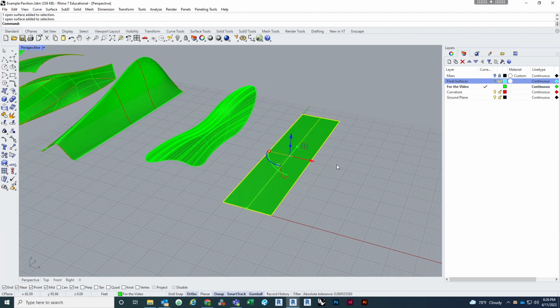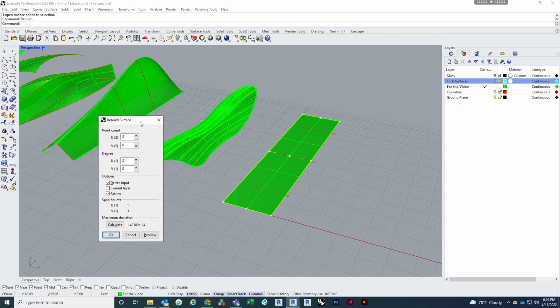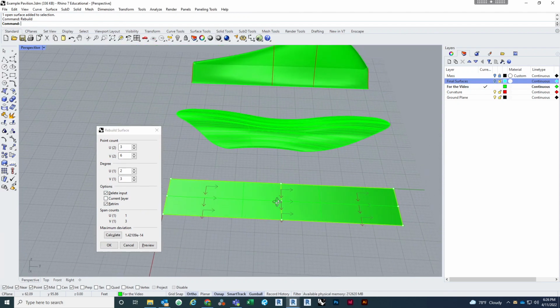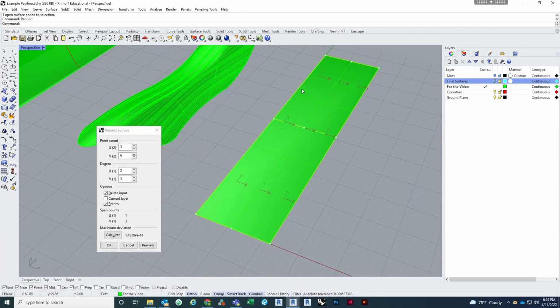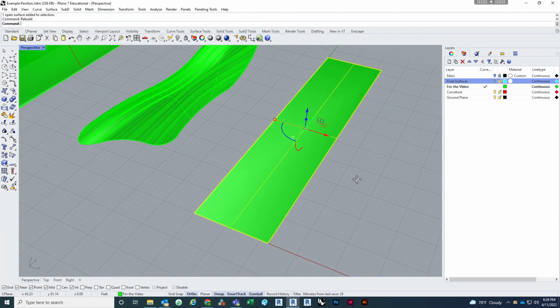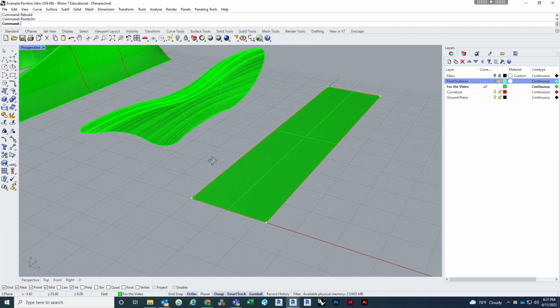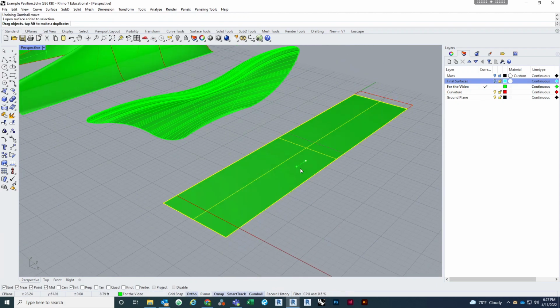And then what I'm going to do is you can also use the rebuild command on surfaces. And so you can see that it starts to build additional control points that you can edit. Right now, if I tried the points on command, you only have these 4 corners, but if you do the rebuild,